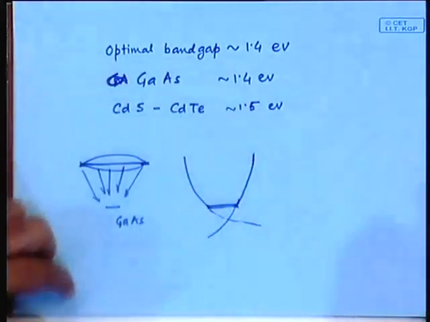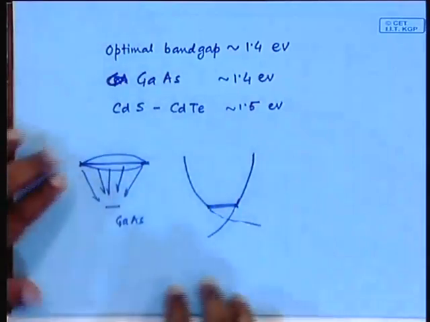Now, this gallium arsenide solar cell is actually manufactured in a similar kind of structure as the single crystal silicon solar cell, because this also is made as a single crystal of gallium arsenide. So, you have a single crystal gallium arsenide on which, in the same way, you have a deposition of the N layer of gallium arsenide, and you have the PN junction. The whole problem is that this is far more expensive than silicon, that is why all these considerations are generally used.